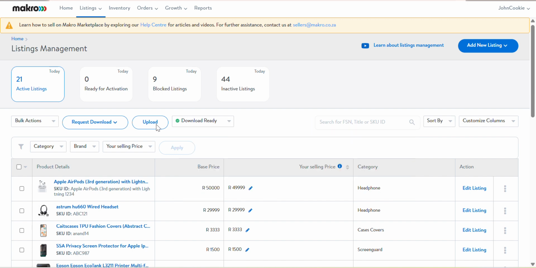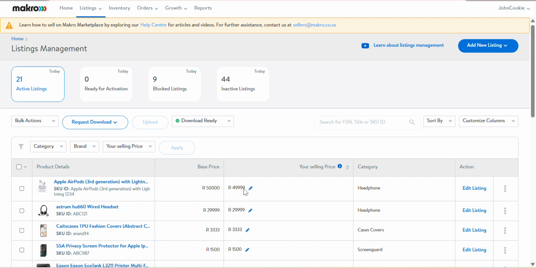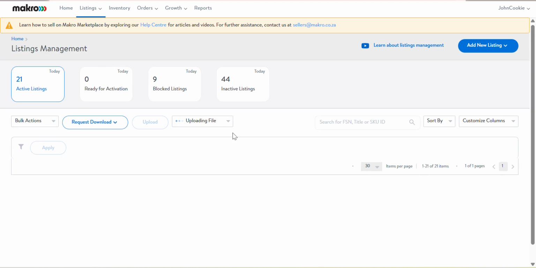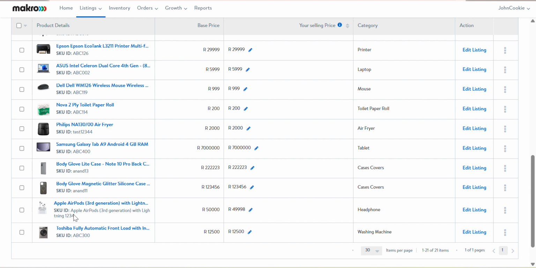So we click on the upload button. And we click on the latest file. And we upload. And this, once it's successfully done, should change the pricing. And if we just refresh, I can see it is not in the right place, but it was the Apple AirPods. And there we go. As you can see, the Apple AirPods price has now changed. Obviously, these are just fake prices. They're not actually live and selling to customers. But that's how you would update the price